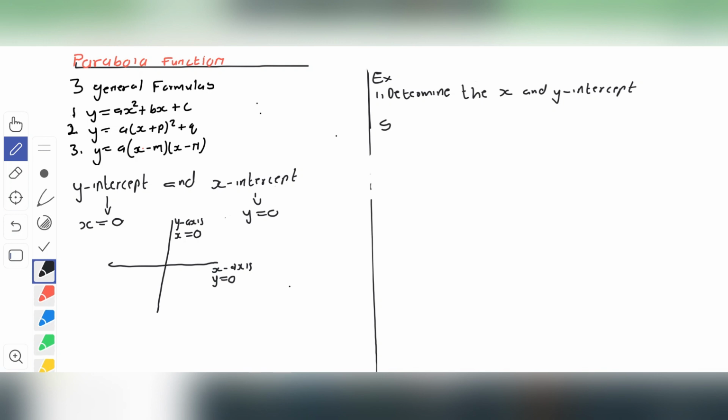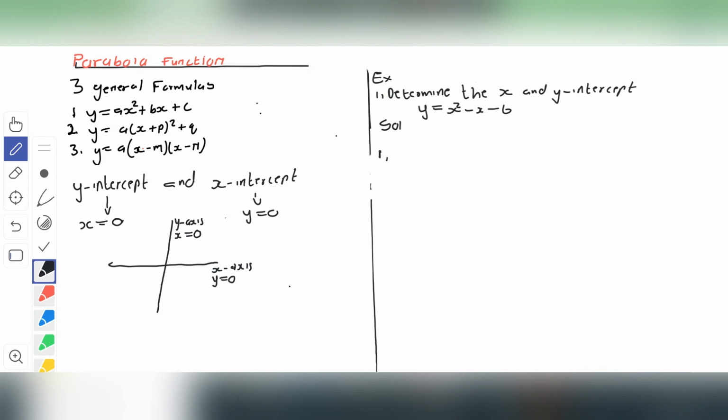Solution: okay, let's say we are given y equals x squared minus x minus 6. Yes, we were given that equation, and then we are requested to determine the x and